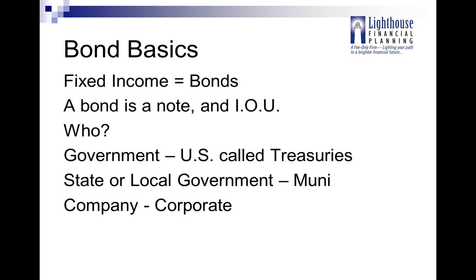From who? It could be the U.S. government, and those are called treasuries. It could be from a state or a local government. It could be from a company. We call them corporate bonds. And it could be from a non-U.S. government or company. Usually we refer to those as foreign or international bonds. There's also a subset of this, sometimes called emerging market or new market bonds. These are bonds issued by smaller countries. That doesn't mean third world backwaters. Many Central and South American countries, Asian, Eastern European, etc. It just refers to smaller economies.